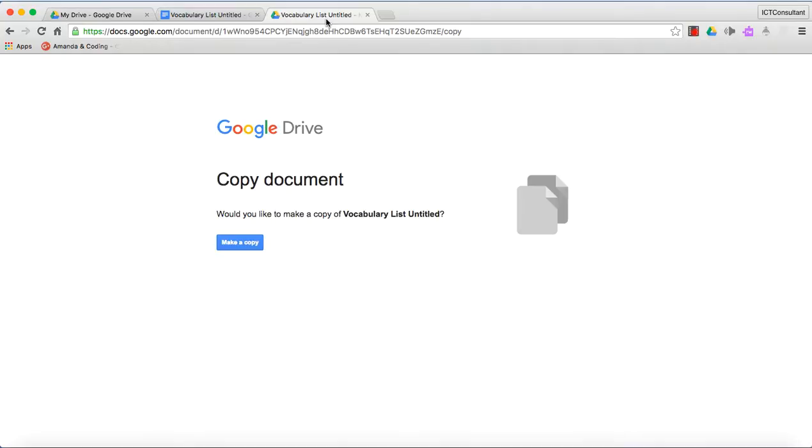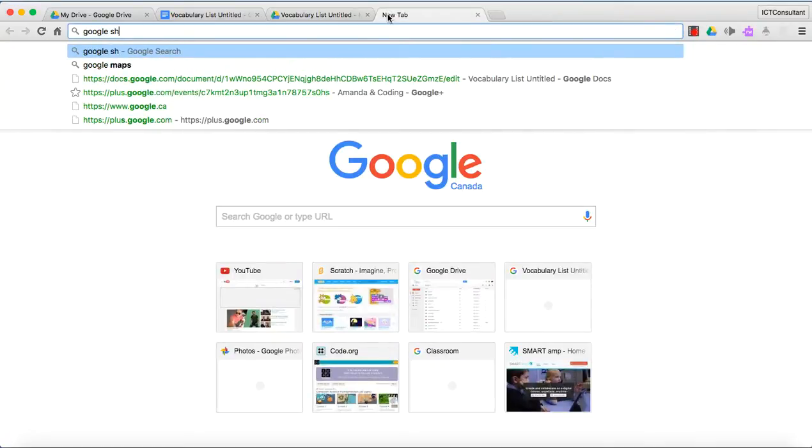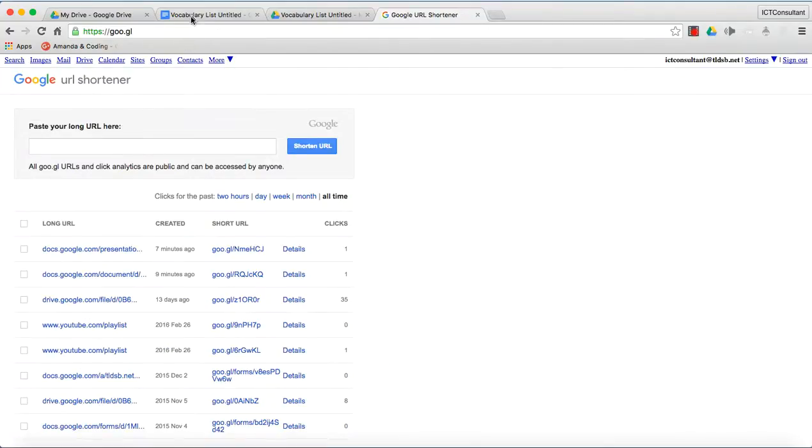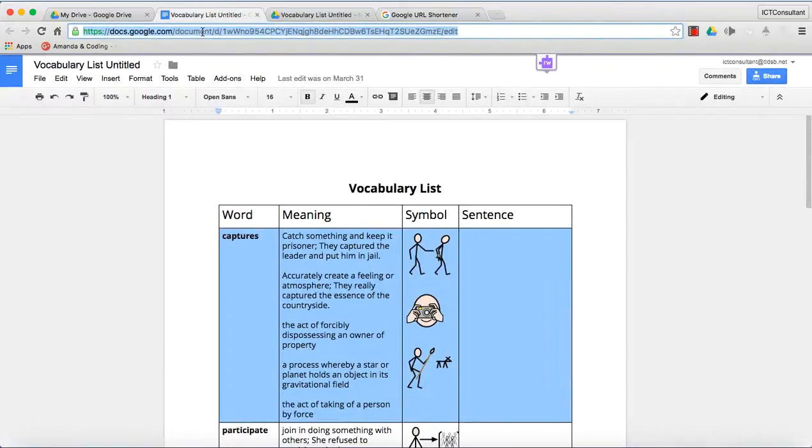So sometimes you don't want to share, however, this big, long URL. So an alternative would be to shorten it. So Google shortener, if I just Google that, you'll see here it is, pretty simple. And now I could take that link that we had here, and it should be still on my clipboard. I'm just going to copy it anyways. Go back over here,